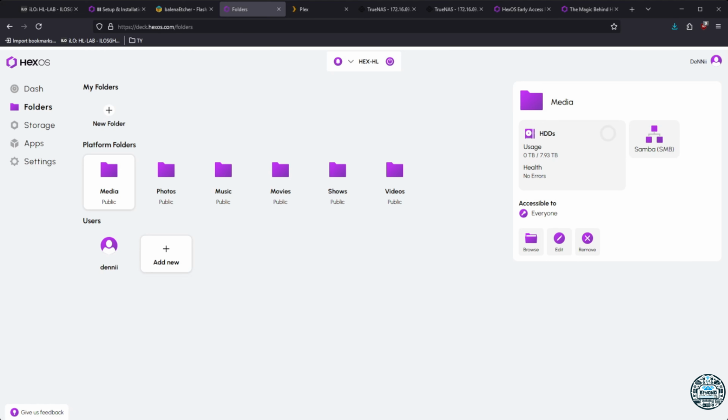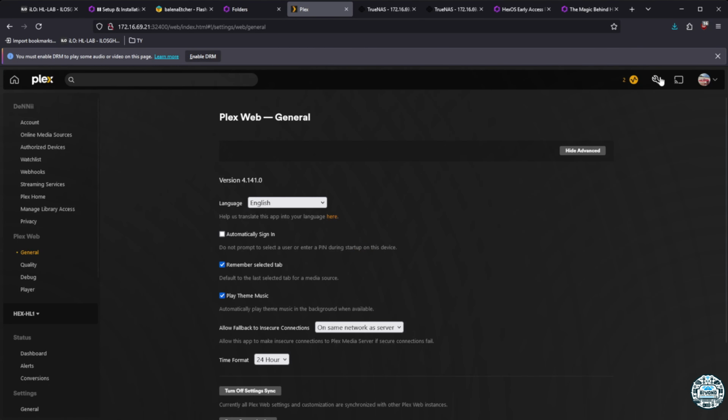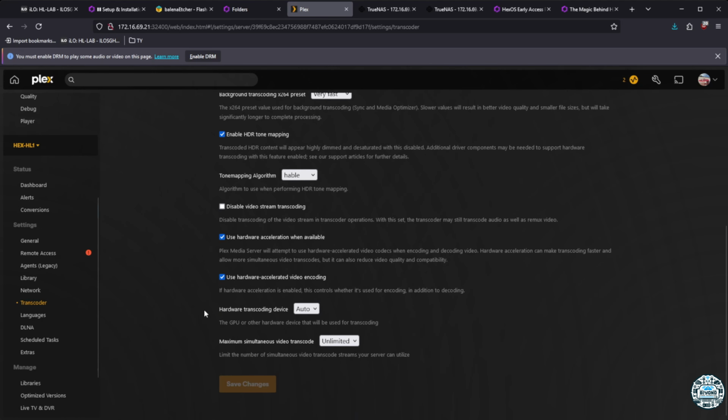Seems to work fine. I'm gonna copy the movies over, and then let's have a look if Plex actually has the graphic card. So it's not seeing the GPU, so I'm going to guess that it will not play back this media that I'm copying, because they're 80-90 gig files in 4K Blu-ray